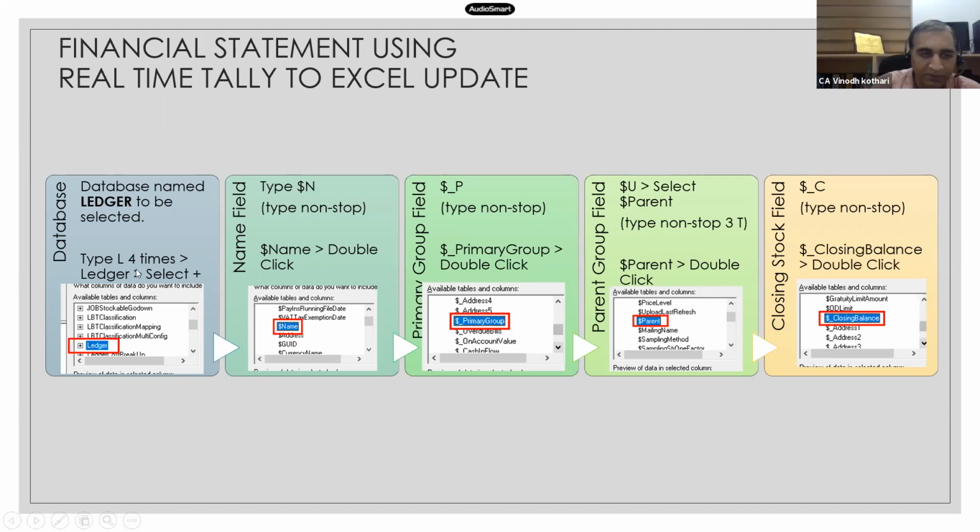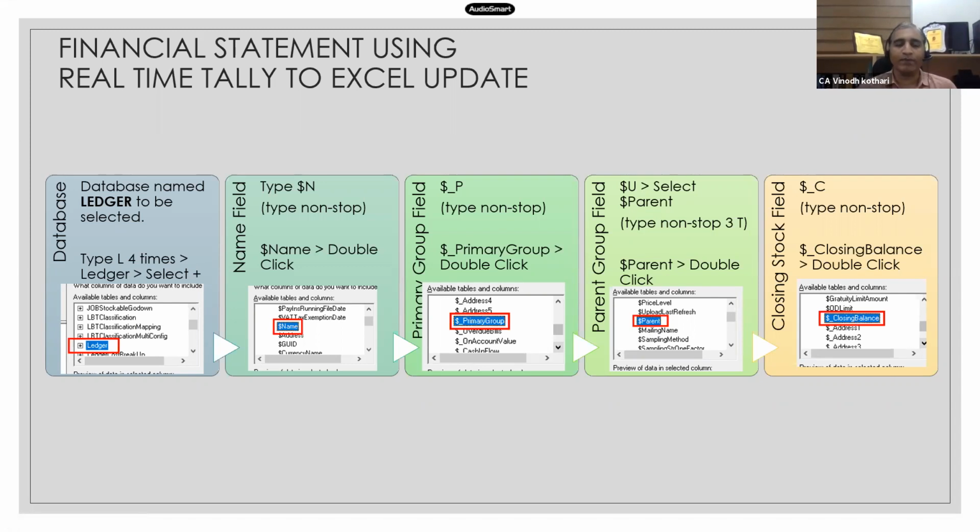First, in this PPT I have clearly mentioned: type L four times, so you will get Ledger, press Enter, and then plus. Then come down and type $Name, double click, and it goes to the selection. $_PrimaryGroup, again double click, it goes to the selection. $Parent, double click, it goes to the selection, and then $ClosingBalance gets selected.